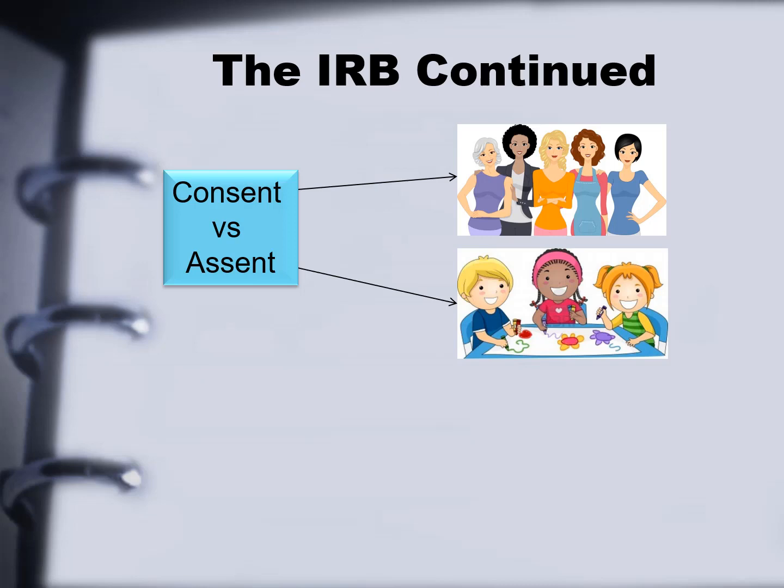One thing to know about assent, however, when it comes to children, is that generally speaking, a child has to be about 8 years or older in order to provide assent. Younger children, such as those who are preschool aged, don't have to undergo the assent process. That has to do with the fact that developmentally and cognitively, they're not really ready to understand what all is involved in the same way that an older child would.